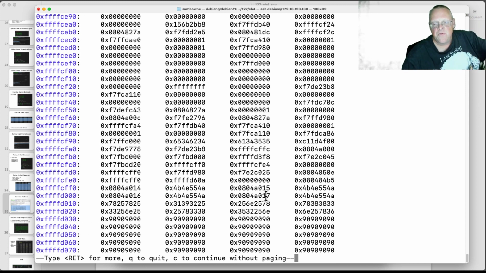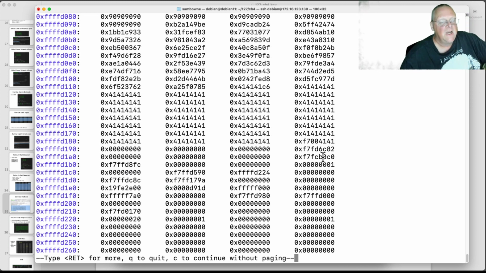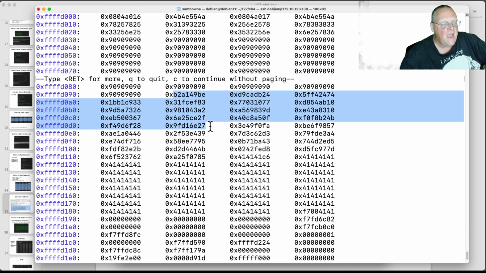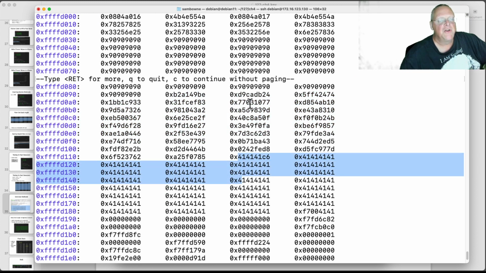Okay, it's further down the stack than I expected it to be, but D04C should hit the NOP sled. And it should continue down here. Here's the NOP sled, and here's the egg, and here's the 41 padding I put in. So really, it should work.